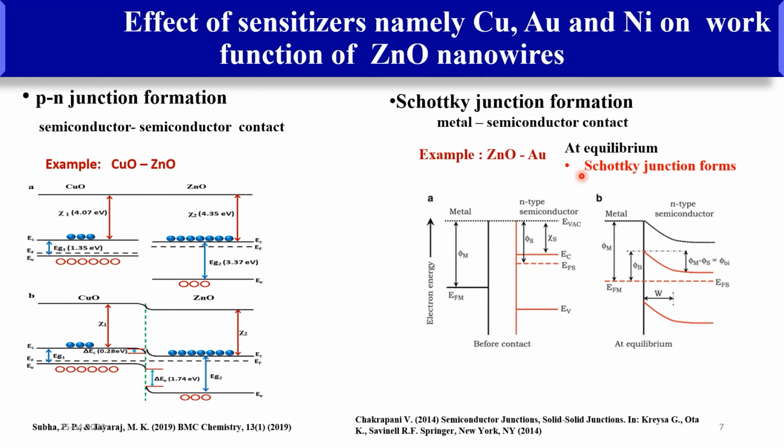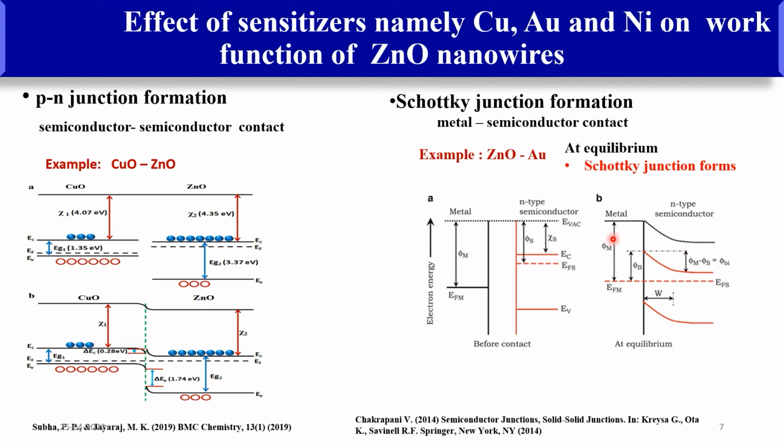This makes nano Schottky type barriers between gold and zinc oxide. So you can see that before the contact, or before doing the modification on the surface, the metal and N-type semiconductor are separated, and there will be a difference in the Fermi level. But once they come into close proximity, or once the metal is deposited on the surface, at equilibrium, the Fermi levels coincide, causing electrons to move from the N-type semiconductor, N-type zinc oxide, to the metal gold,